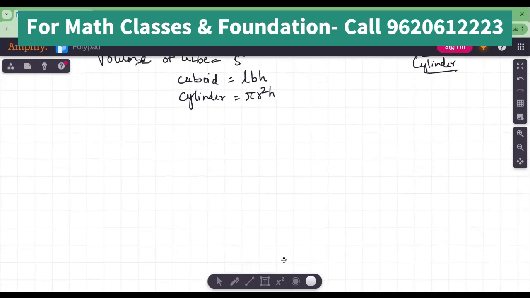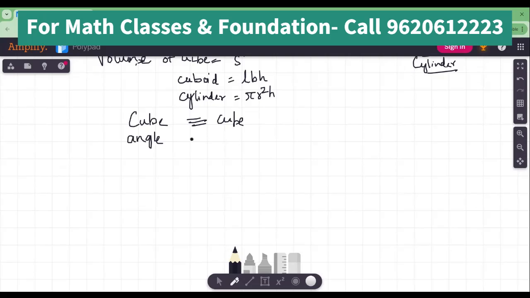For that, let us have a quick recap about what is similar. Similar means they look the same. That means the shape is the same. That means a cube can be similar to a cube. A cube cannot be similar to a cuboid. So basically the structure should be the same. Then the angles in similar shapes have to be the same, and the sides are proportional. Proportional means they have increased in exactly the same way. If one length has increased 2 times, the other length also has increased by 2 times.